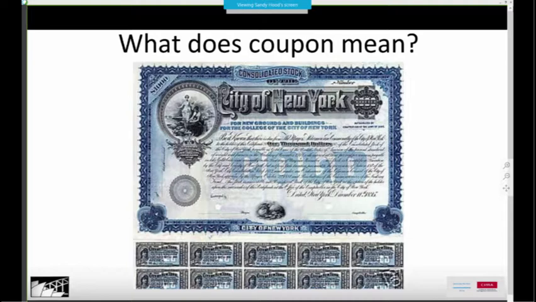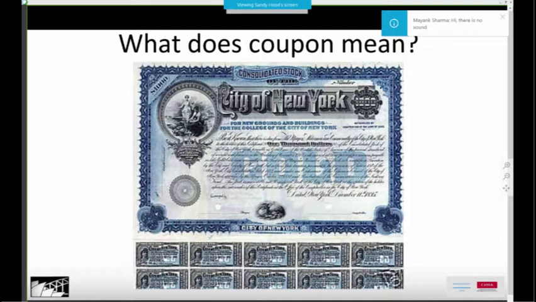the bottom they would have given you the various stamps, so that every year or every 6 months you would take a stamp along, and that stamp or coupon you would be able to cash in, and they would either give you the cash as your interest, or you would take it to the bank and the bank would deposit it into your bank account as your interest on the loan. So the coupon is the interest on the loan. And one of the things that's important from our point of view, and I think it helps to see this particular picture, is that the interest that's payable is the same.